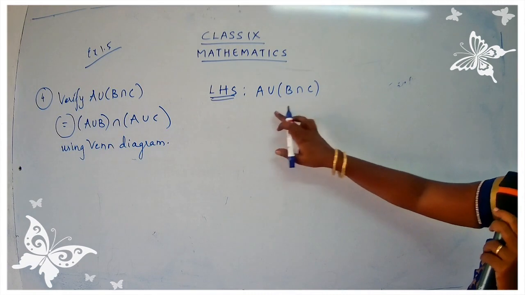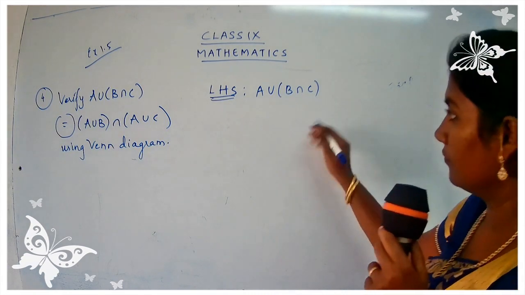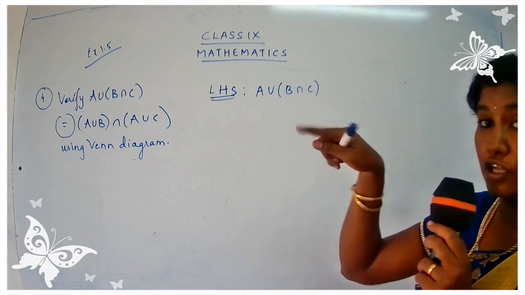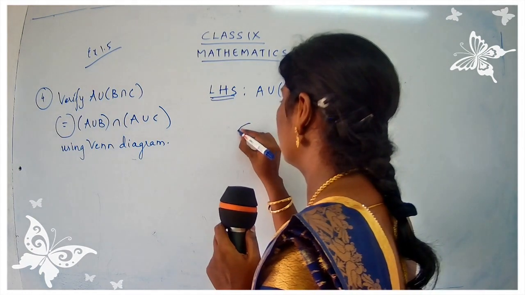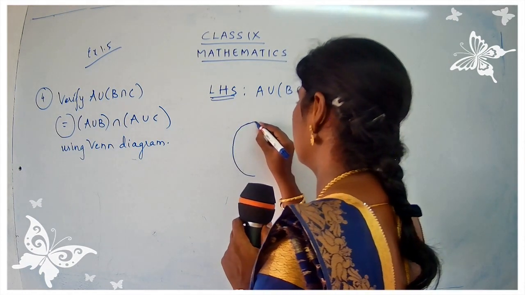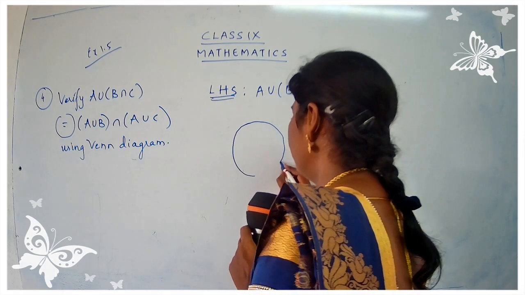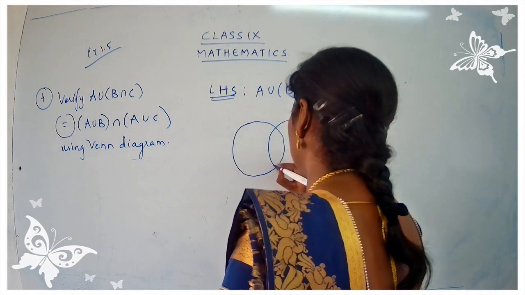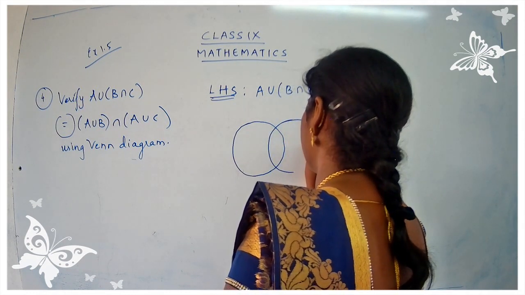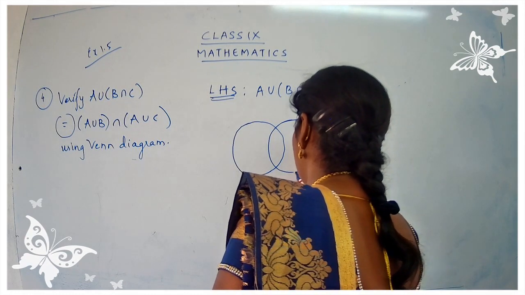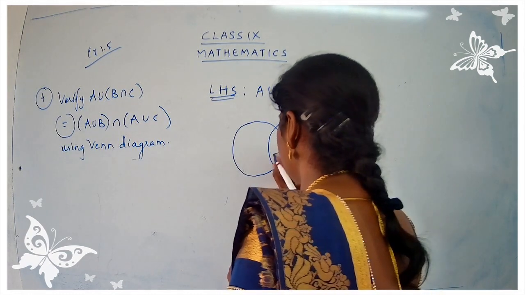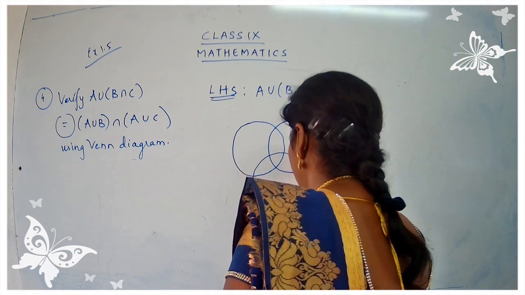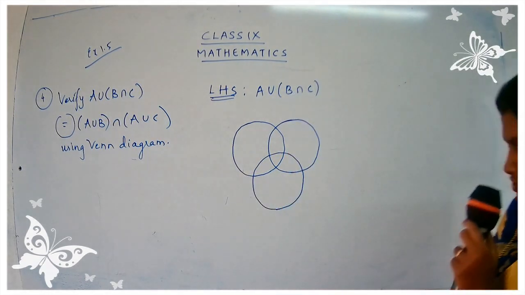Now for LHS, we have two cases. So first of all, you have to draw the Venn diagram. Here we are dealing with 3 sets, so you have to draw 3 circles. Draw neatly children. You have to use your pro circle. That's why I have told you, if you use a pro circle, it will be easy for you to draw. Somewhat it looks neat, yes?